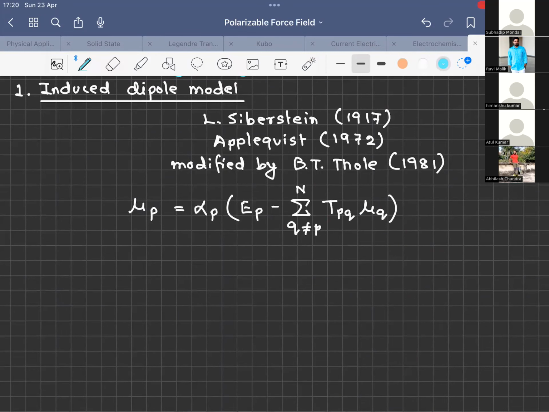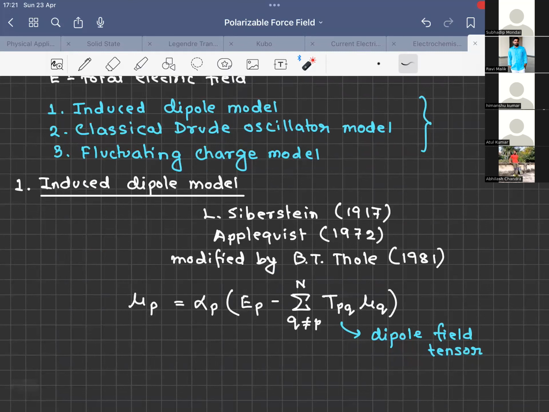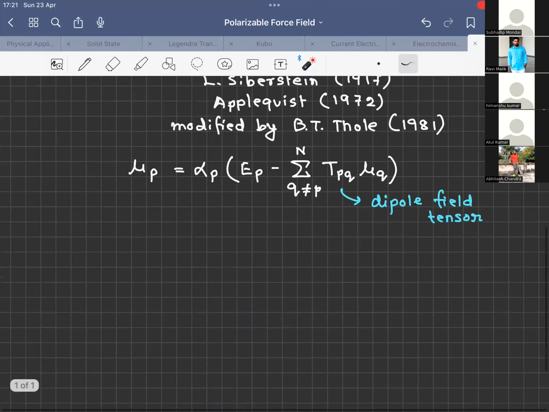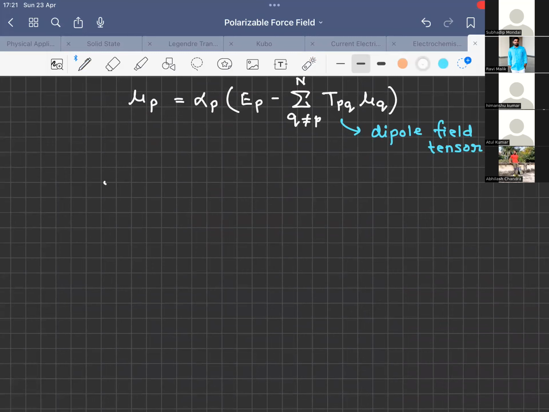And what is T_PQ? T_PQ is the dipole field tensor. In this context of the total electric field, if you look closely, they encounter both things. One is the electric field from the assignment of the permanent charge of every atom, and the other is, with the help of this interaction tensor, the other induced dipoles. So how can they calculate this dipole field tensor? This nice form of the dipole field tensor, T_PQ, we can write as